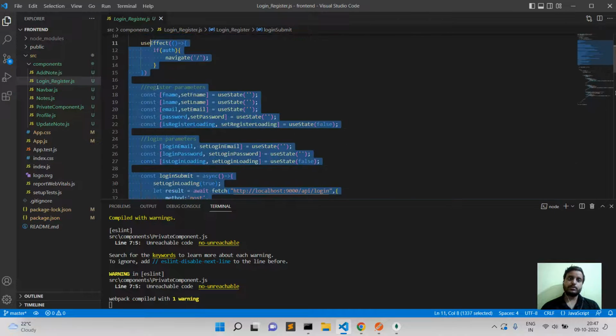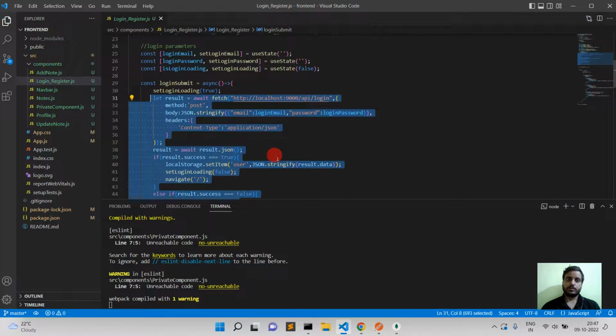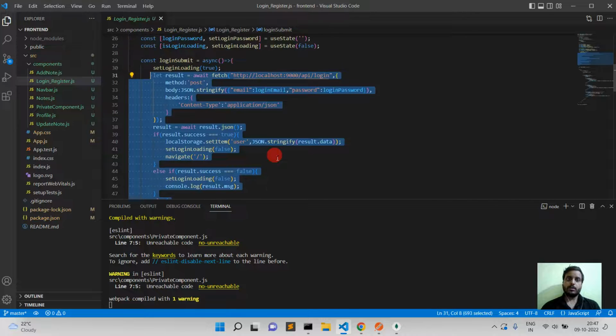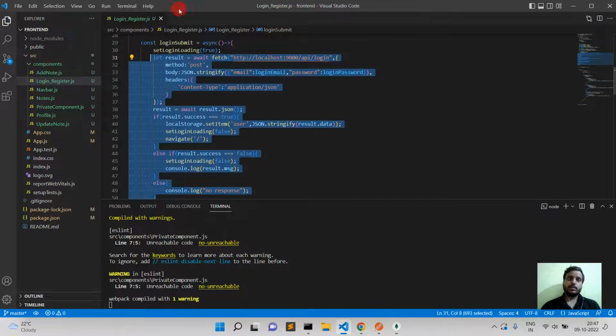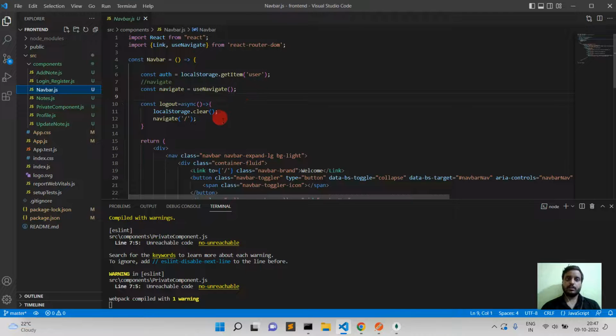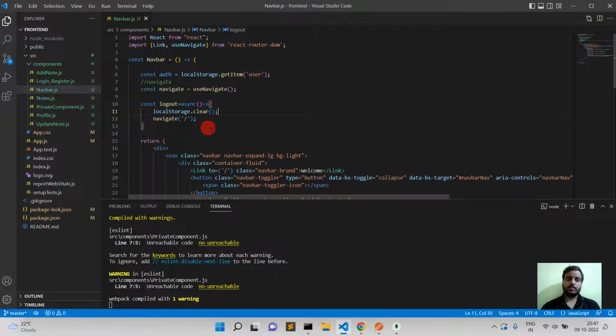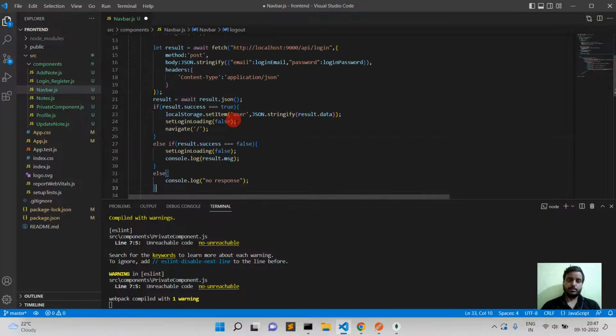Just copy this code to save time. Okay, login submit code. Just close this and here comment this and here paste,